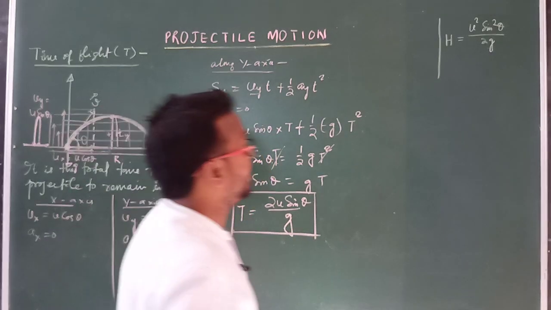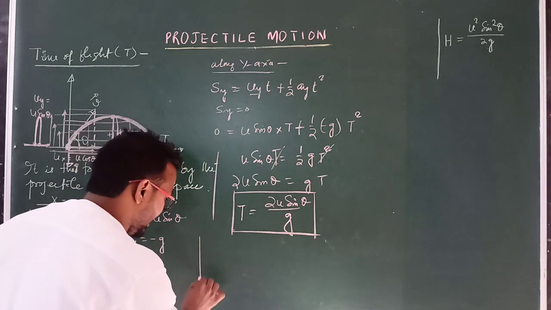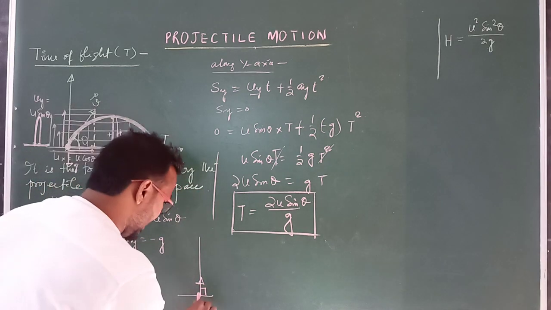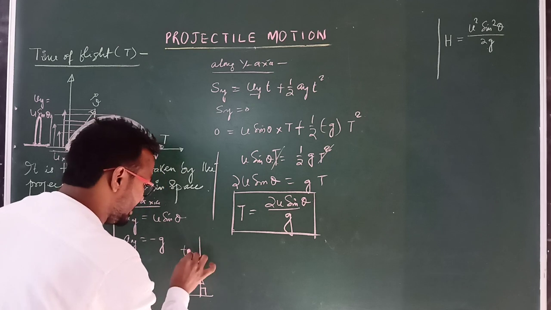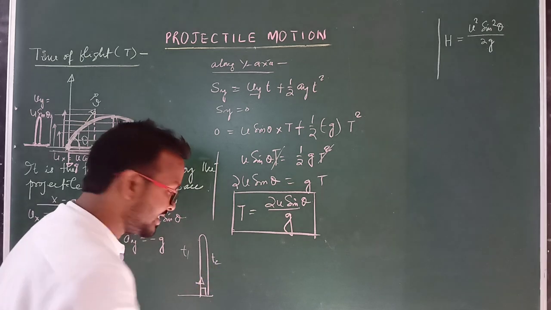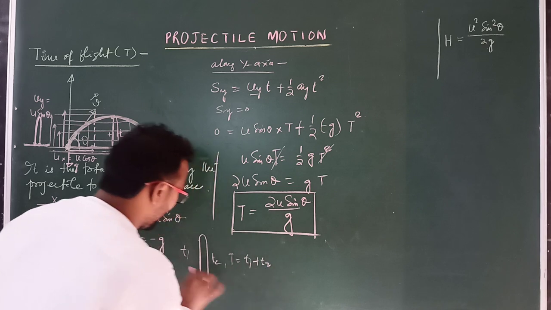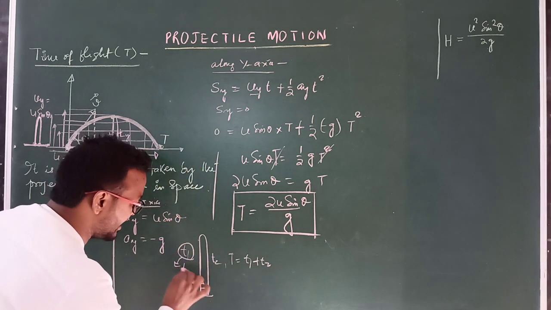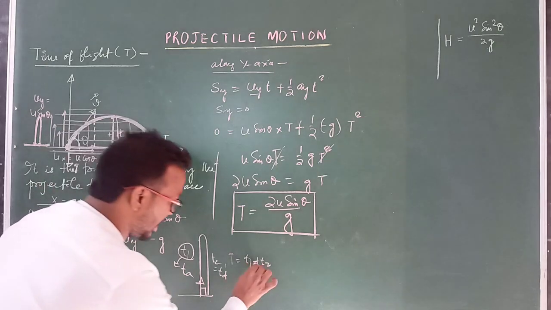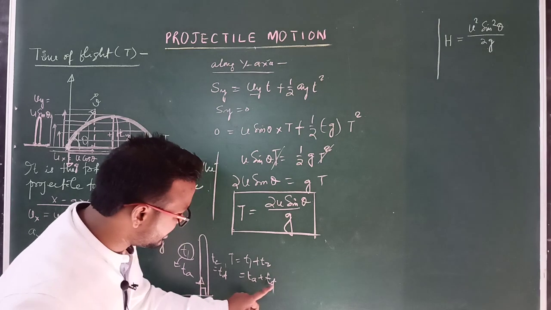Clear? And we already know that when a projectile is projected into space, suppose this is the initial velocity, if you project at 90 degrees, meaning the vertical direction, then it will reach maximum height and it will take time t1, and again it comes back to the same position and it will take time t2. Means total time of this motion we can say T equals t1 plus t2. What is t1? T1 is known as time of ascent, and t2 means time of descent. So total time can be written as ta plus td, time of ascent plus time of descent equals total time.